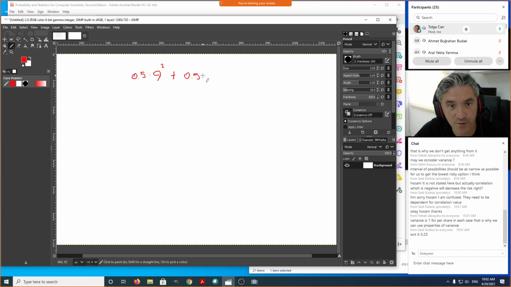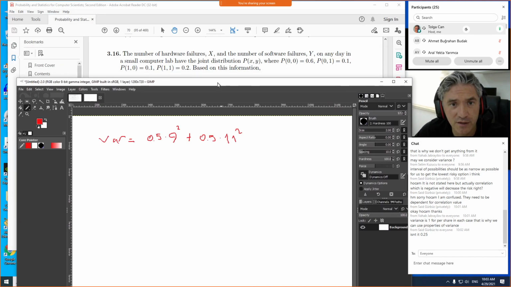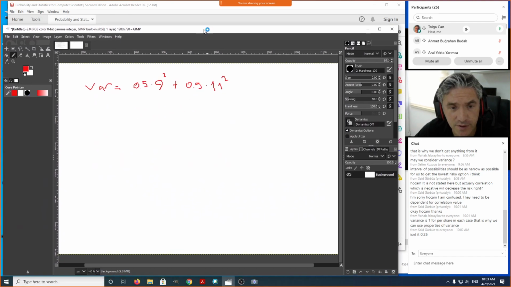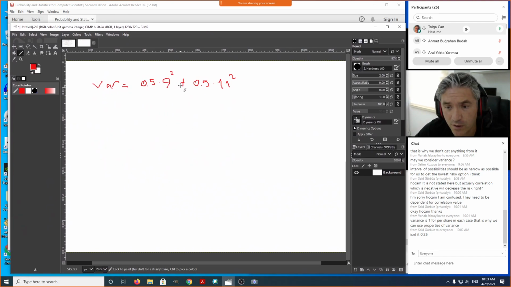With 0.5 probability, it's going to be 11 squared, right? So isn't this the variance of a single share, which is $10 per share, right? Yeah, $10 per share. If we compute this, let me quickly do that. 22.5,